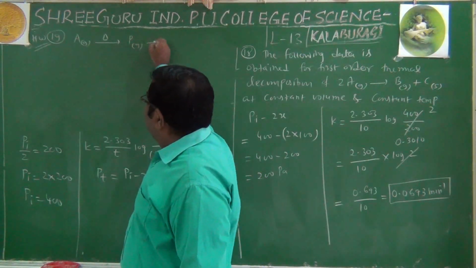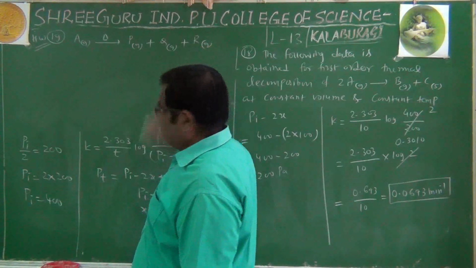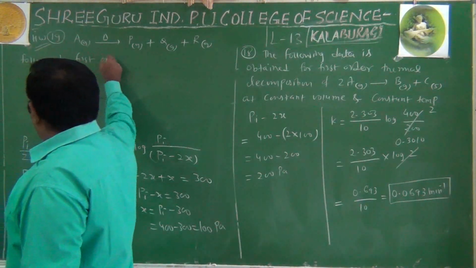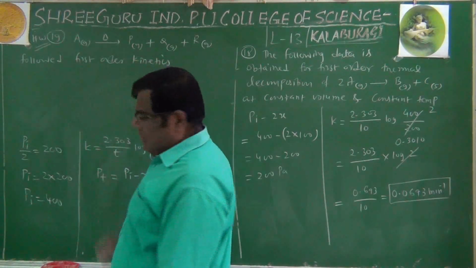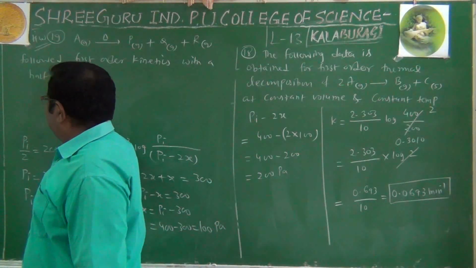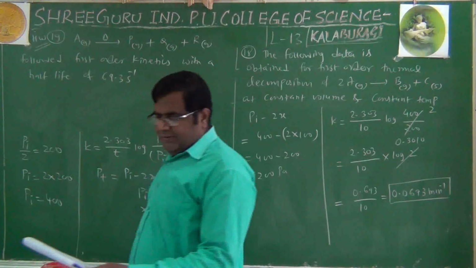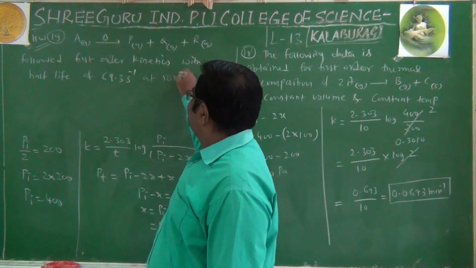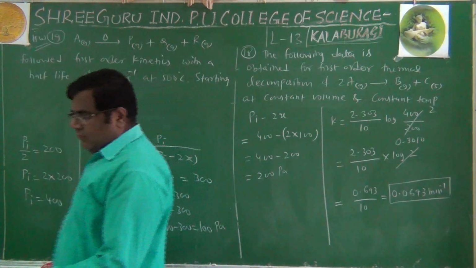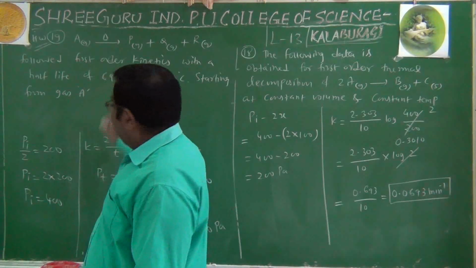P in gaseous state, Q in gaseous state, and R also in gaseous state, followed first order kinetics with a half life of 69.3 per second at 500 degrees Celsius, starting from gas A enclosed in a container